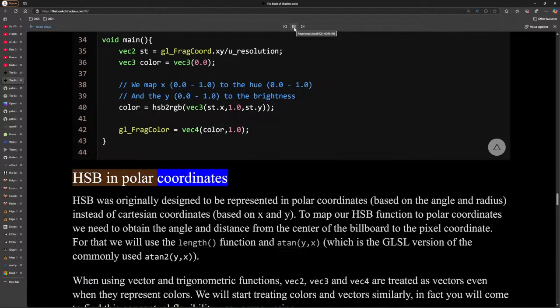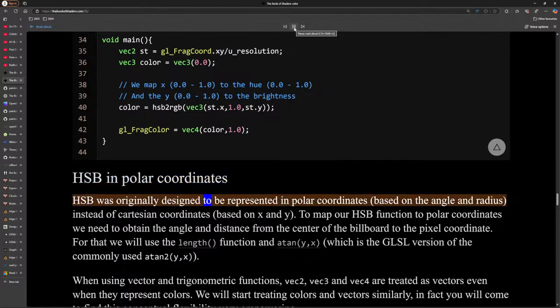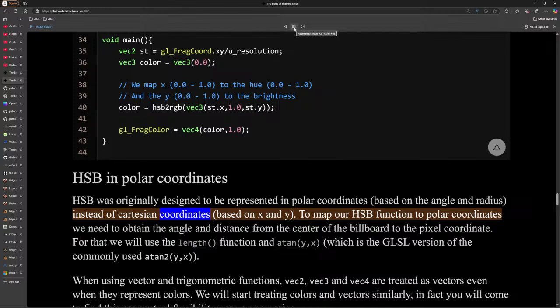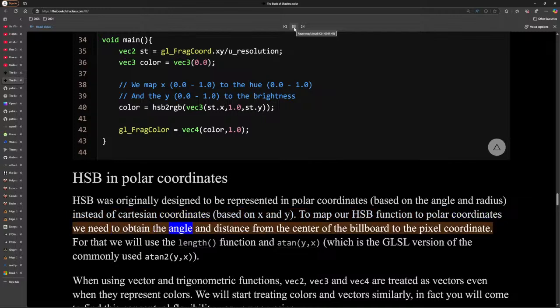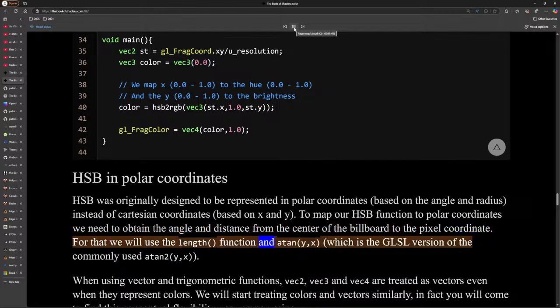HSB in polar coordinates. HSB was originally designed to be represented in polar coordinates, based on the angle and radius, instead of Cartesian coordinates, based on x and y. To map our HSB function to polar coordinates, we need to obtain the angle and distance from the center of the billboard to the pixel coordinate. For that we will use the length function and atan(y,x), which is the GLSL version of the commonly used